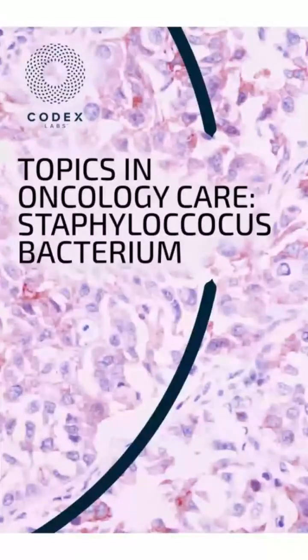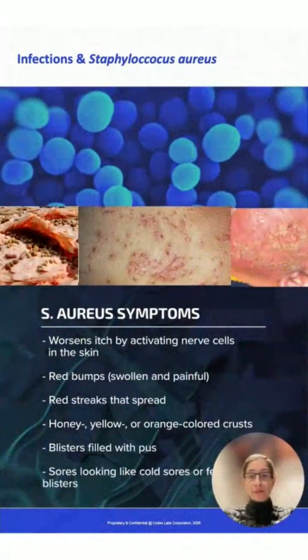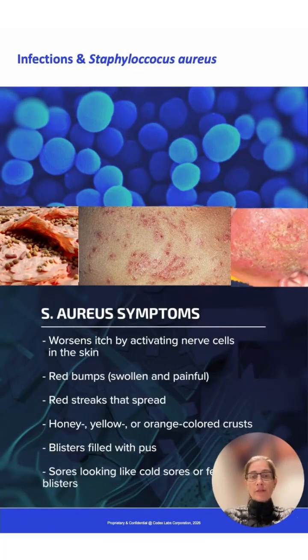Staphylococcus bacterium is a gram-positive, spherically shaped bacterium that is a normal part of our human flora. It's on your skin and inside your nose. In a balanced microbiome, it is normally benign. About 30% of people on average are colonized by S. aureus. But, interestingly, 10% of healthy people are colonized, but 80% of those with eczema or cancer treatment can be